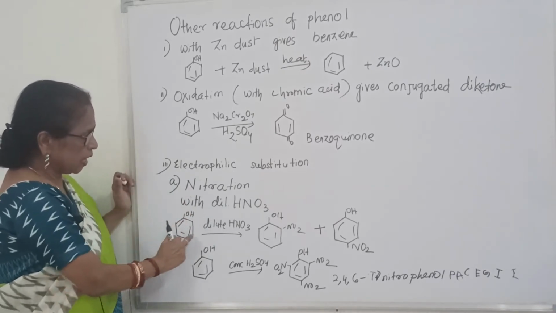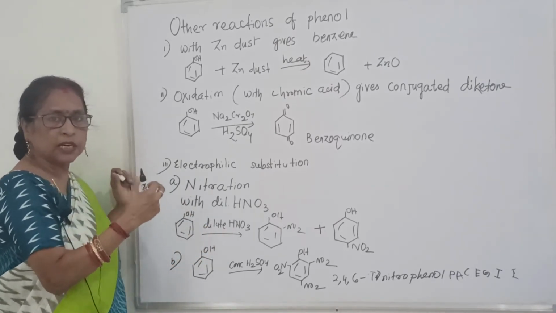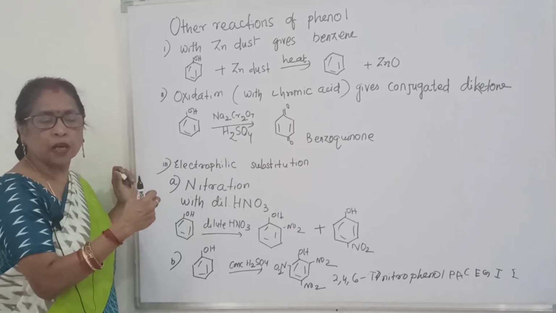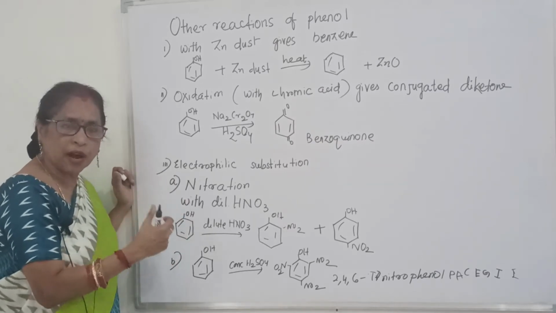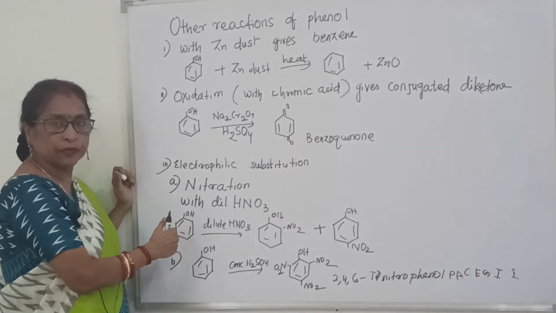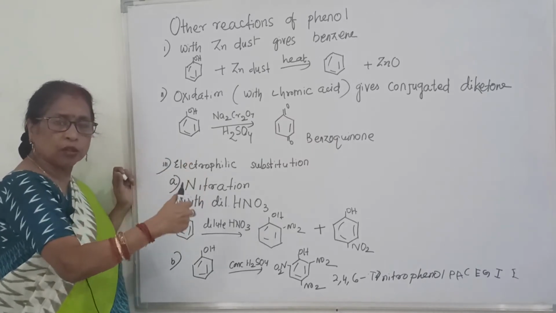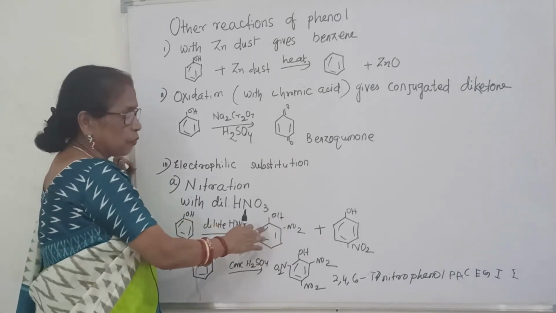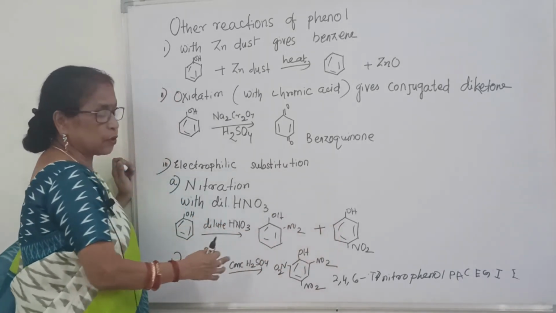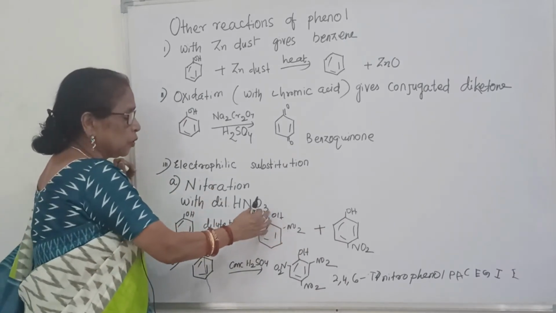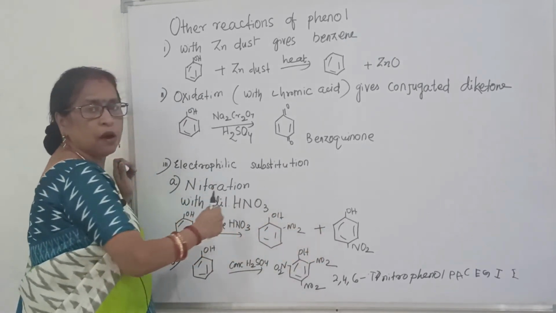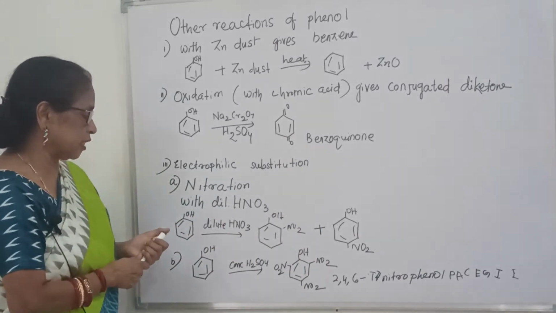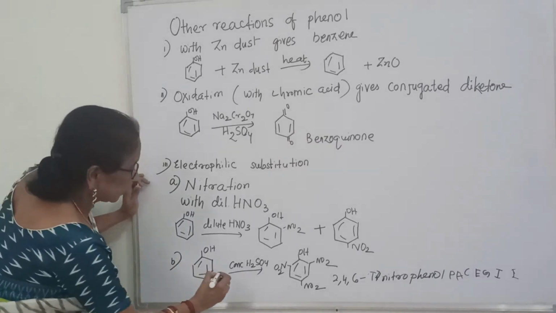Now here it is phenol with dilute nitric acid. Dilute nitric acid gives nitronium ion. What is nitronium ion? NO2 plus. Now NO2 plus is a good electrophile. When the electrophile is added to phenol, and phenol is ortho para directing, that is why one is ortho nitrophenol and the other is para nitrophenol, or you can say 2-nitrophenol and 4-nitrophenol. And see here, if you treat with concentrated sulfuric acid and concentrated nitric acid,